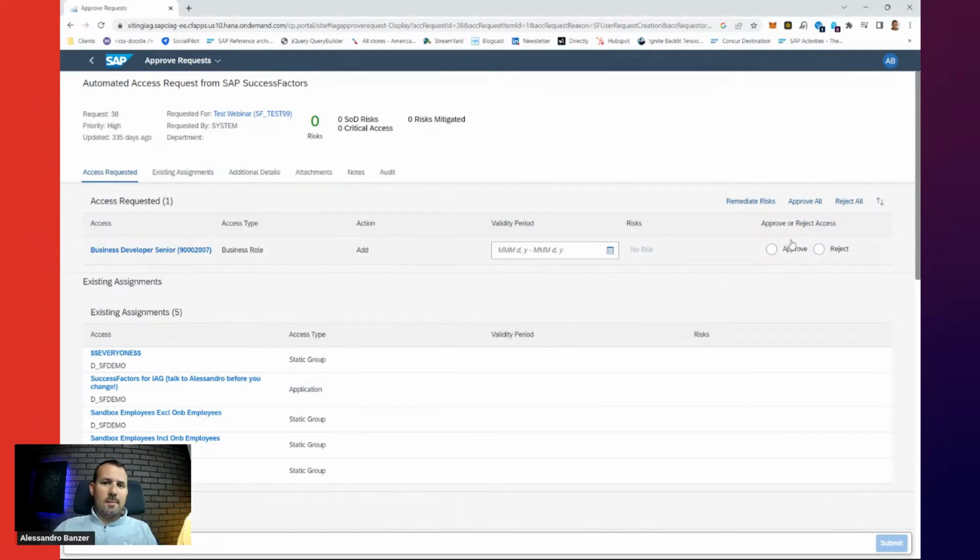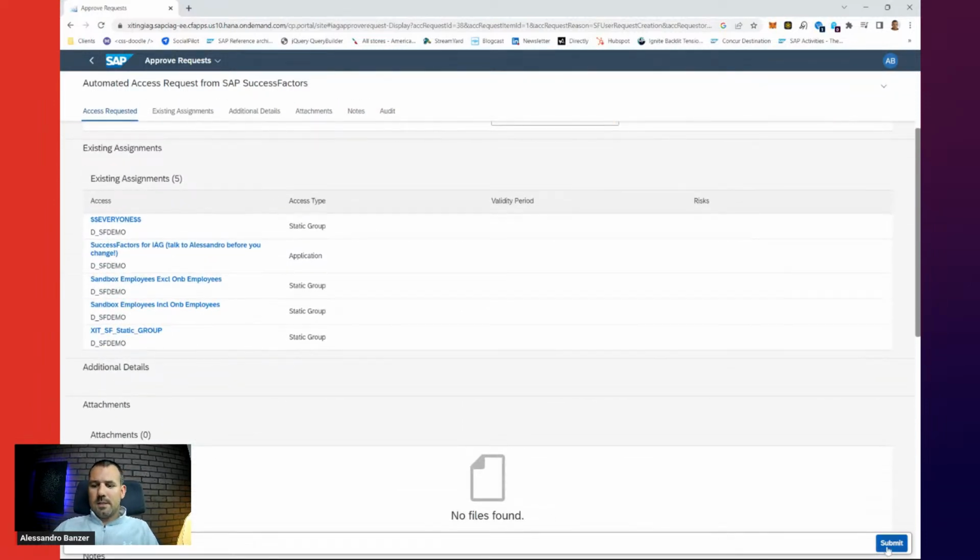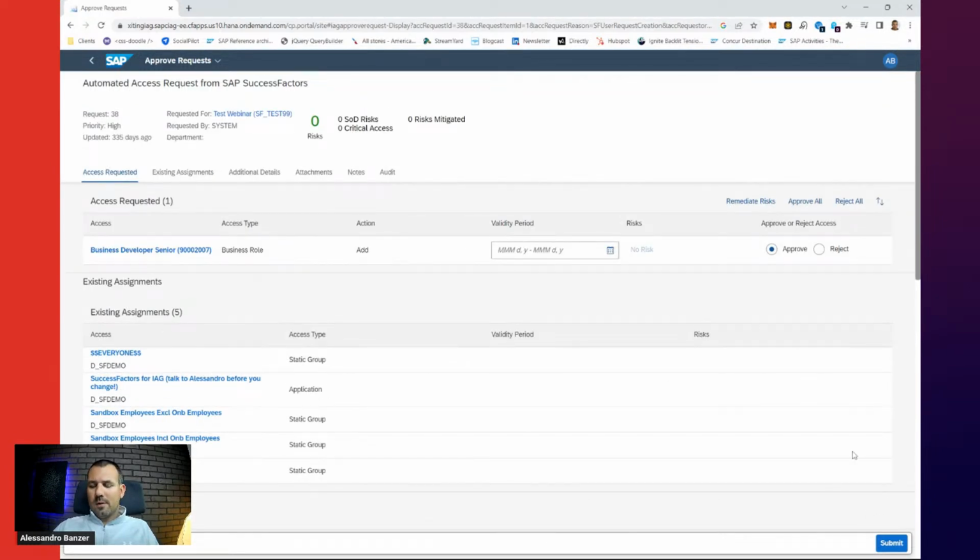And what can I do here as a manager? I can approve or I can reject. What's the beauty here is I can immediately see, are there any risks? So here we can see no risks. We can also see it up here. There's no risks. So that's the integration with the risk management I was mentioning before. SOD, all that part is obviously part of the workflow. And then I could submit that, basically approve, or if I reject, then I would submit my rejection. But that's just typical workflow management, workflow approval steps.